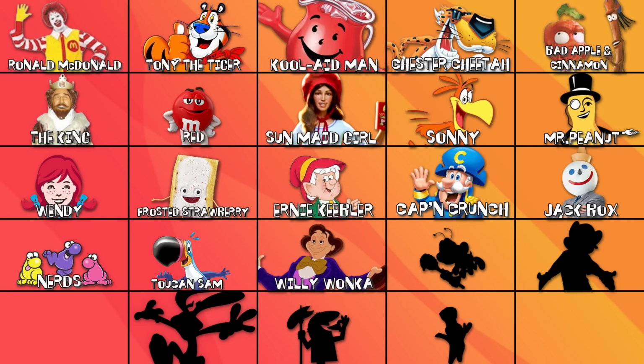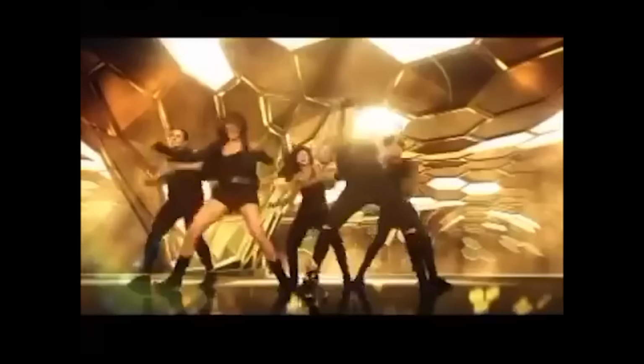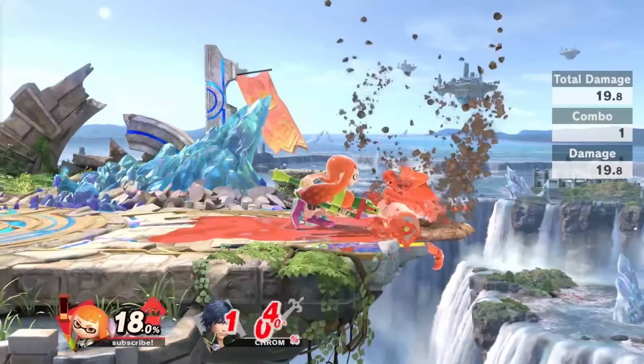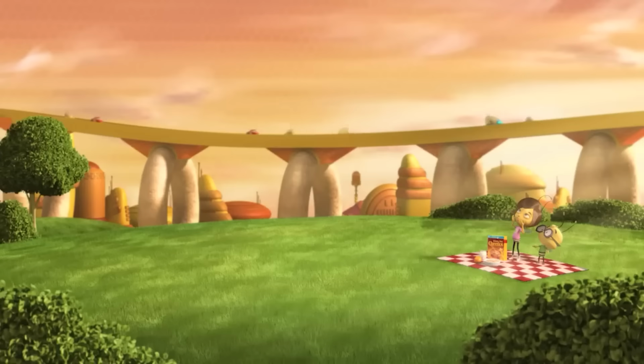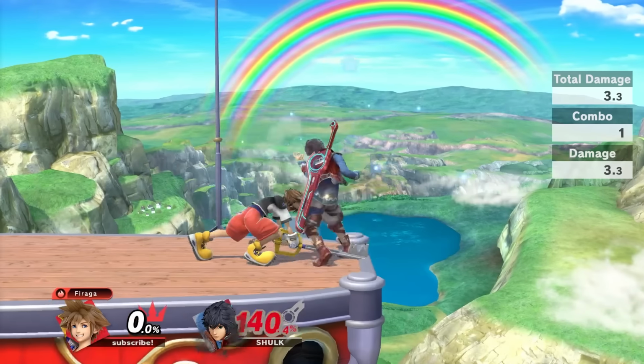Next up is this beloved flying insect. Buzzbee! I know, there's some people out here who just love playing as this one. He'll be floating around with a honey wand, kinda like Ingling, with more honey bringing down players' speed. Buzz creates a wall of honey that'll trap players briefly. For scooping opponents in the air as a combo starter, he'll have a down tilt similar to Sora's where he